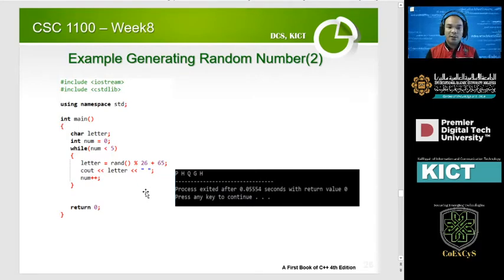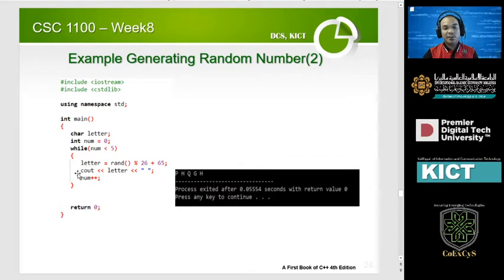And if this number is then added to 65, because that's where the character numbers start, A starts at 65, and then 66, 67. So if we have a letter that is of type char, and character number 65 is a capital A, for example, then the cout of the letter would come out as A. We can do this in a loop, and you can notice a bunch of random characters that would come out.